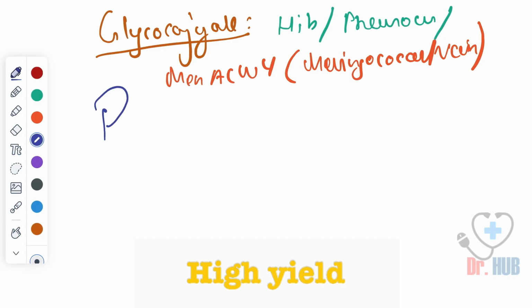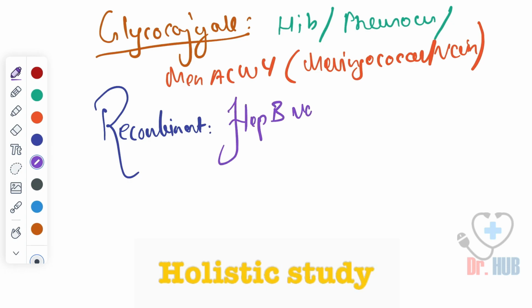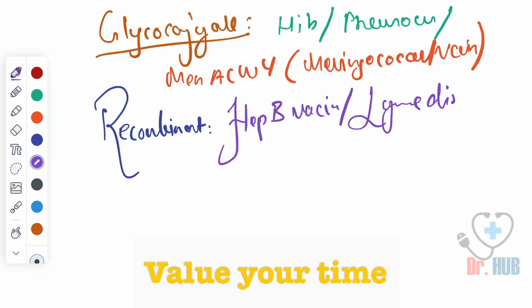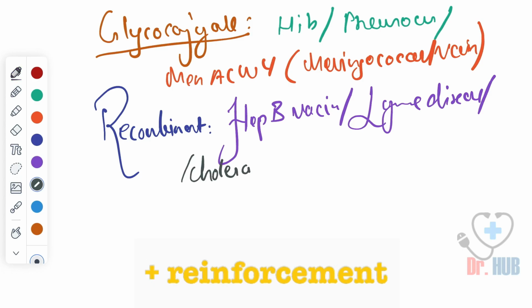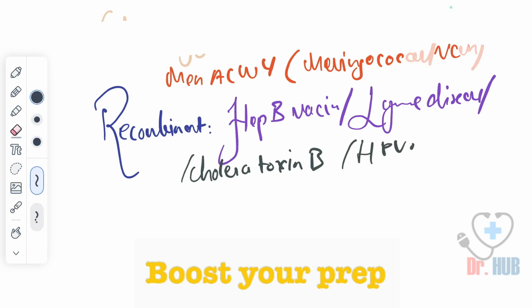Then looking at the recombinant. Under the recombinant, this includes the Hep B vaccine, then also the Lyme disease. Next, we also have the cholera. There is a cholera toxin B and the HPV. So this was about the vaccines and their